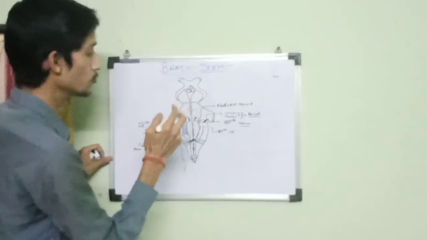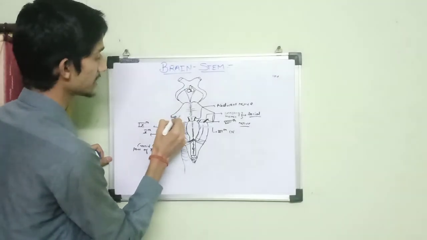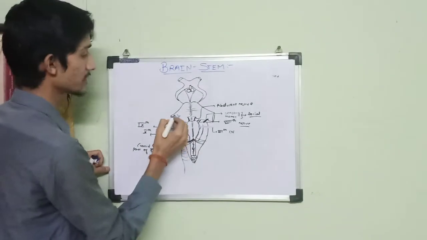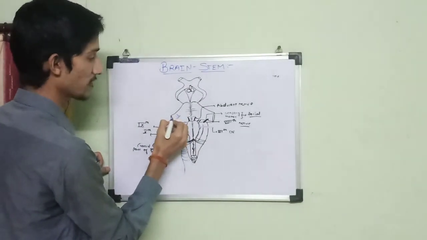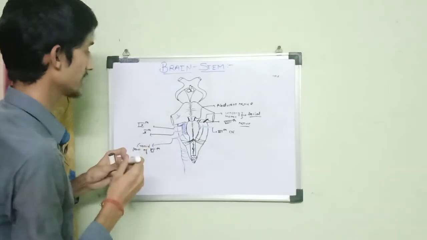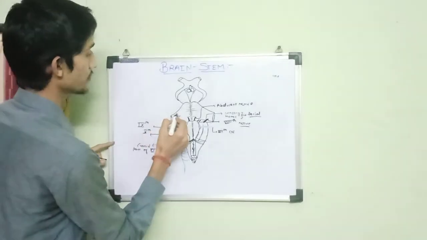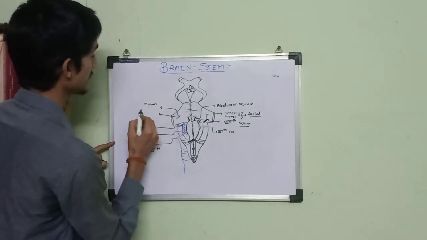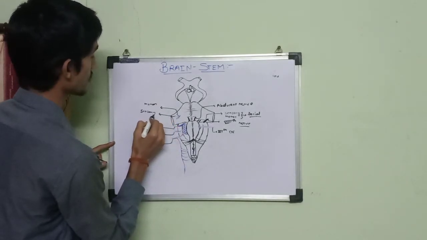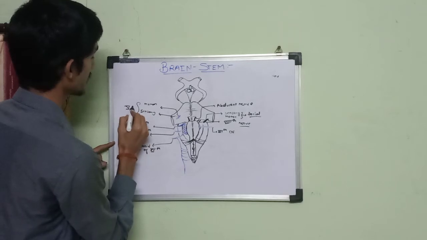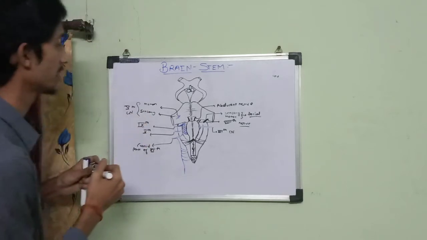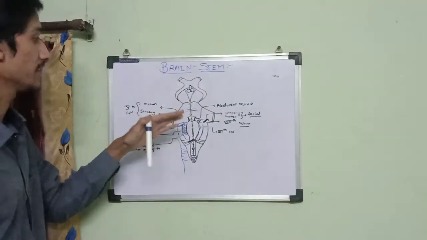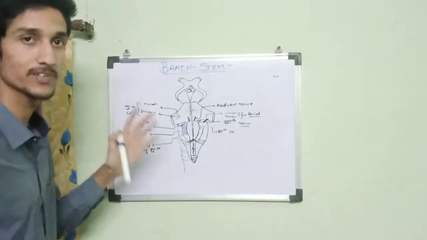The trigeminal nerve has two roots. The lateral one is sensory and the medial one is motor. M for medial, M for motor. It's a trick to memorize. So the lateral one is sensory and the medial one is motor. So it has a motor root and a sensory root of the fifth cranial nerve, that is the trigeminal nerve. So we are done with our 9th, 10th, 11th, 12th, 6th, 7th, 8th and 5th cranial nerve.